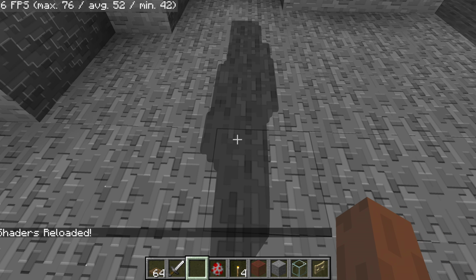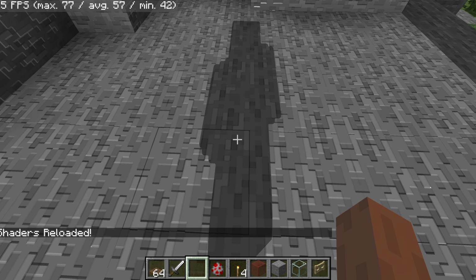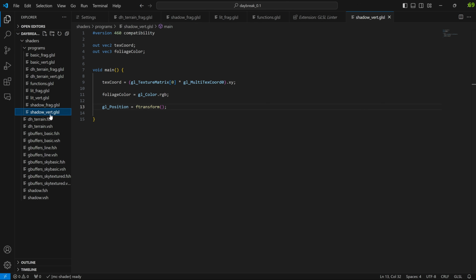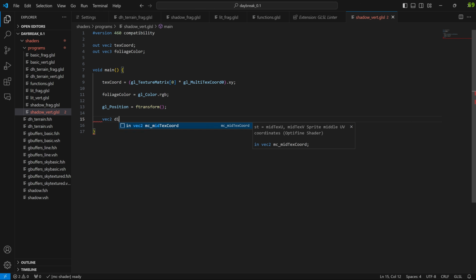I mean, that makes things better, but it's still far too low, and this will really hurt your performance, especially if you increase it even more than this. So what if we could use more resolution for shadows that are closer to us and less resolution for shadows that are farther from us? Well, we can start with the fact that our character is at the exact center of the shadow map in the shadow vertex stage. We could say that the vec2, since it's just a 2D map, distance from the player